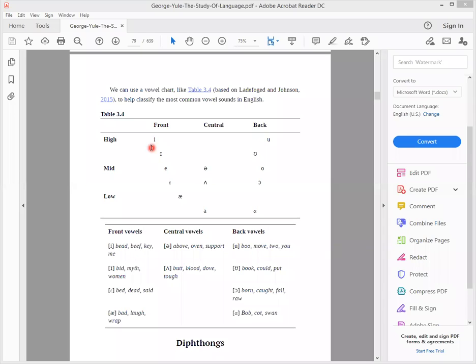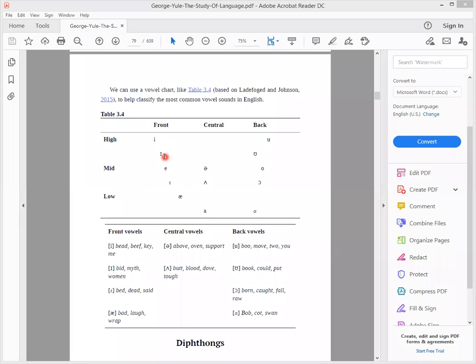So the sound is E. Revise it with me. High front vowel, that is E, as in bead, beef, he, me. So high front vowel. Then we have